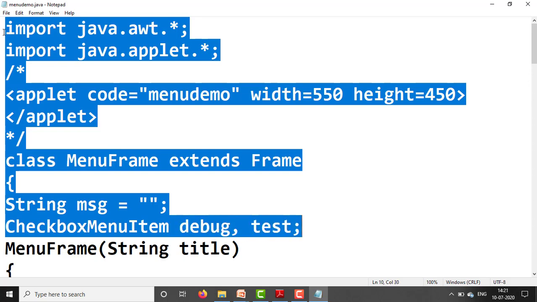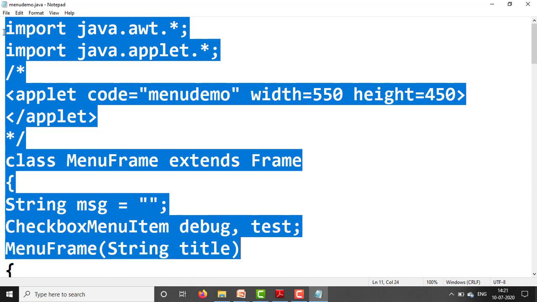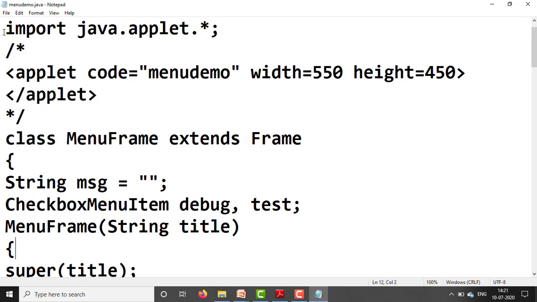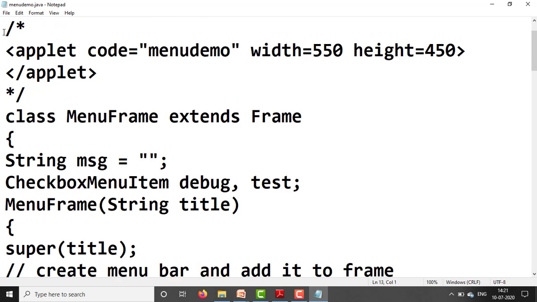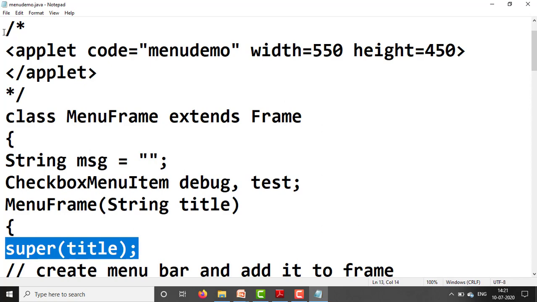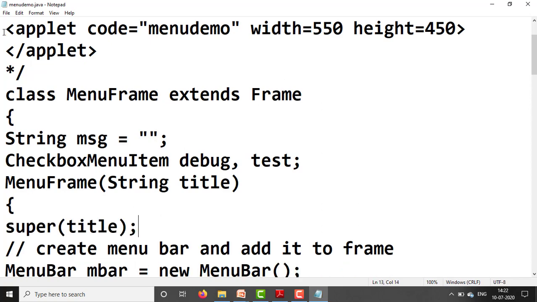These are the two objects of CheckboxMenuItem. Next, the constructor for this class MenuFrame, where we pass a String title parameter. Open this constructor, call super(title). Whatever title we pass whenever we call the constructor is passed here to super(title).